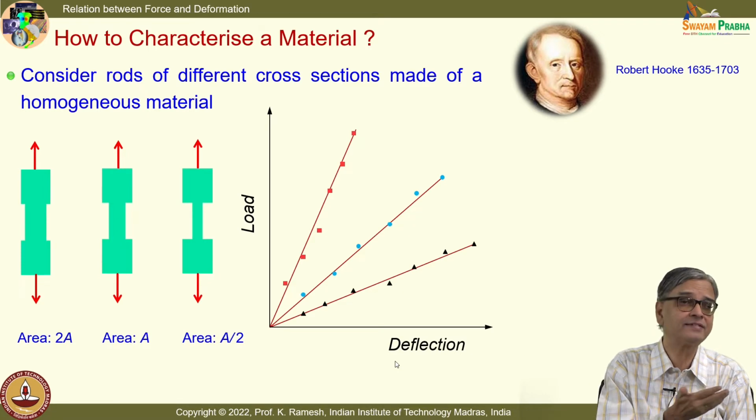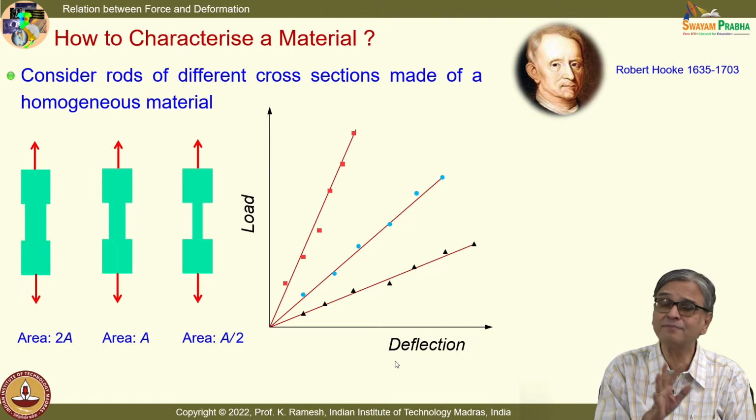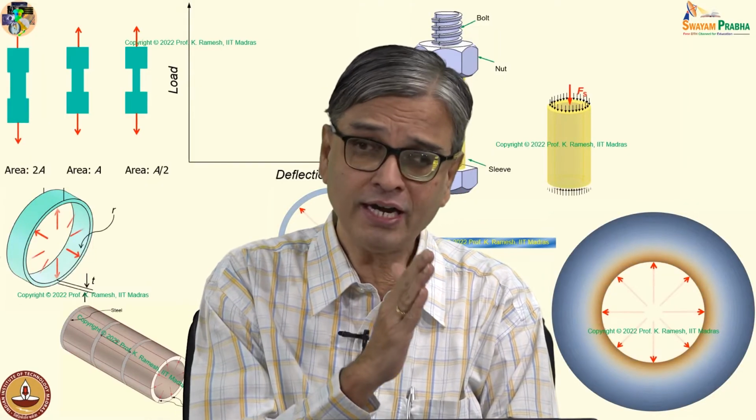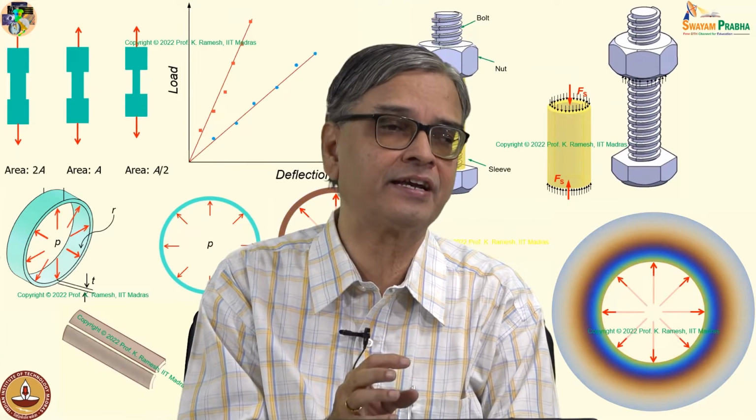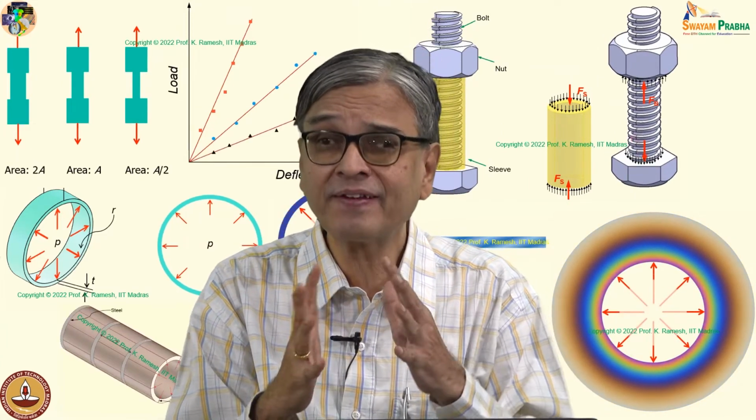But you find the same material is used with different cross sections. So, is it a comfortable way of characterizing the material? Definitely not, because for each cross section it demands one additional test. And if you look at the whole of engineering, when you look at experimental data, how do you represent the